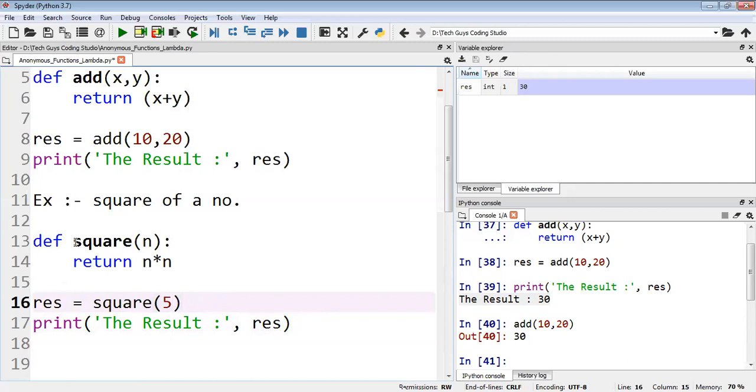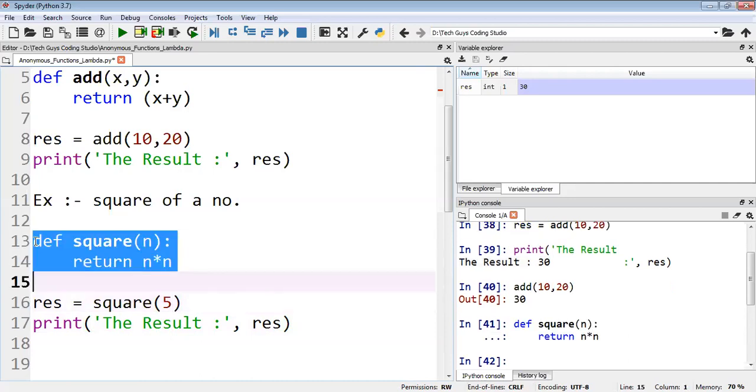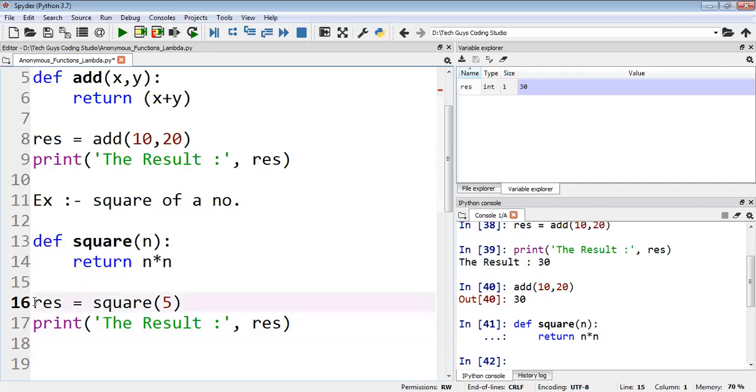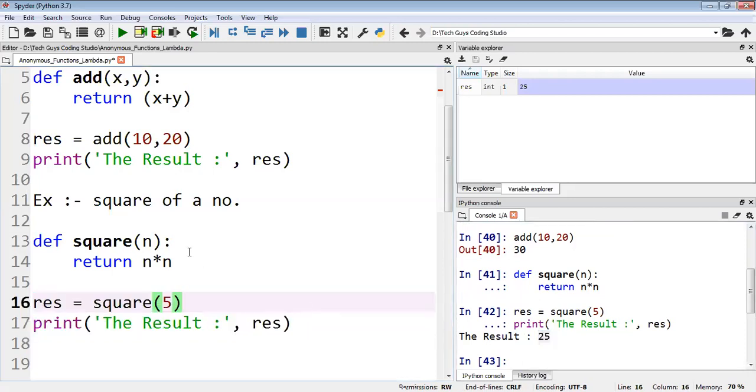So first you see, I'm executing the function I've written. Now I will execute these two lines, and the result is 25. Some people will write n into n, which means n is 5 into 5, that is 25.